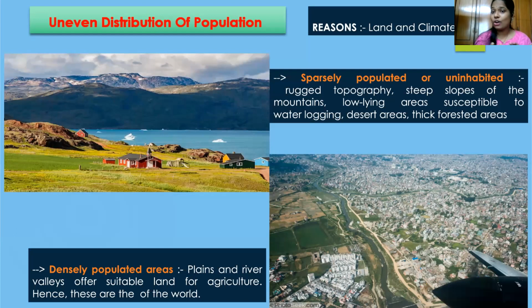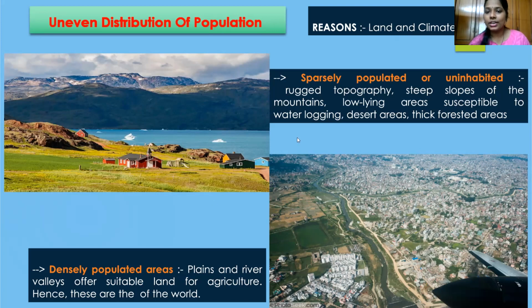Like we have studied, the land is dominating. The reason is this, and also the climate. Even the climate is a determining factor. If there is very high temperature or very low temperature, this is a very unfavorable condition. In such places there will be no population, because we human beings will not be able to live there. If the condition of that area is tolerable, then maybe some population is inhabited in that area.